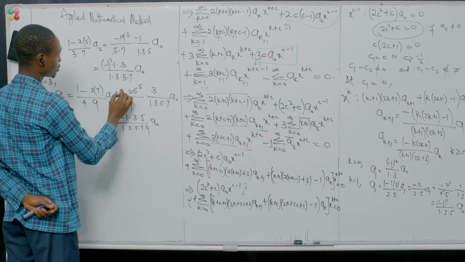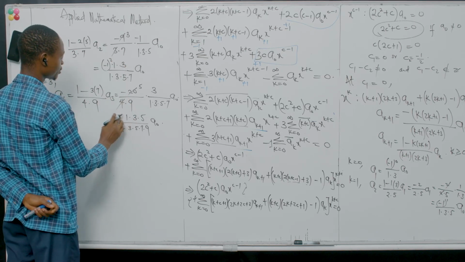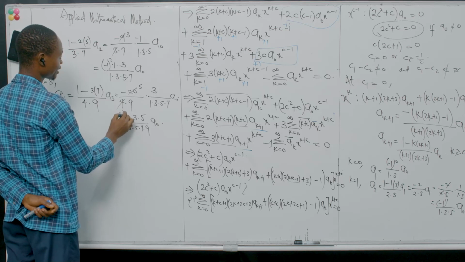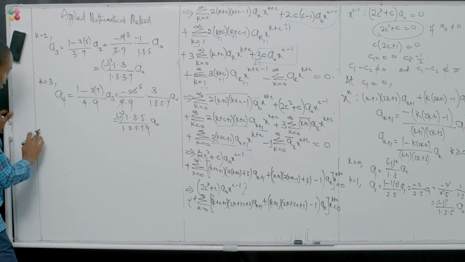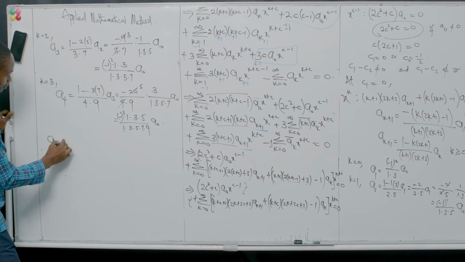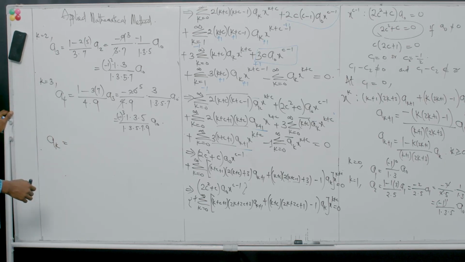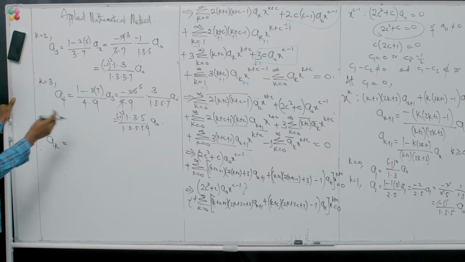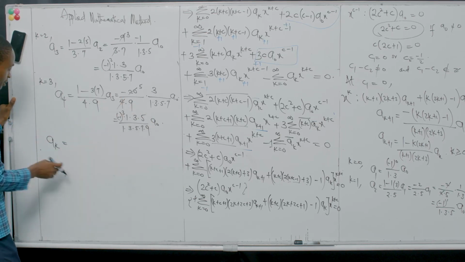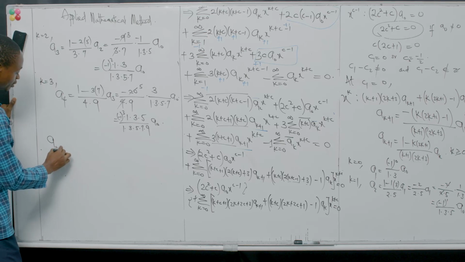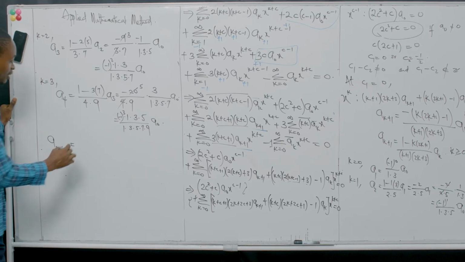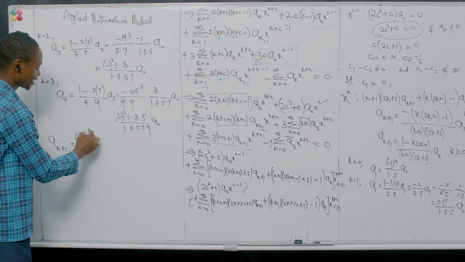And this is going to be minus 1 raised to power 3. Something like this. And it continues. So it means that AK, or AK plus 1 in this case, because AK plus 1 is what we are generating. Let's start with AK plus 1 will simply be what? Minus 1 raised to power K,